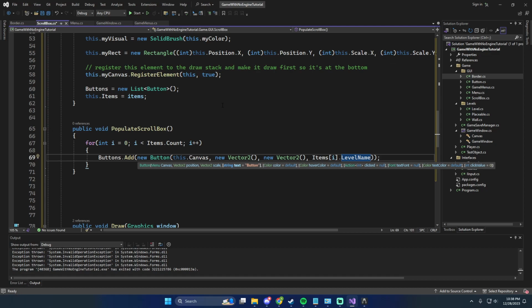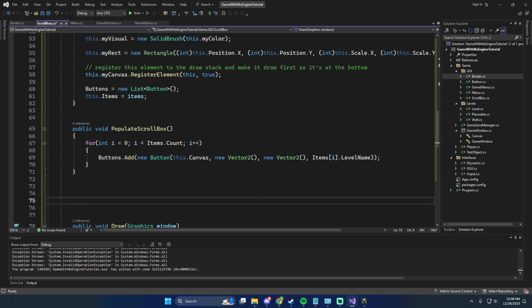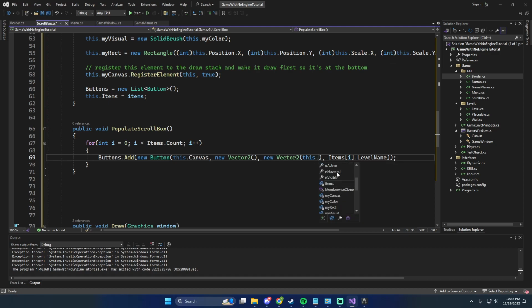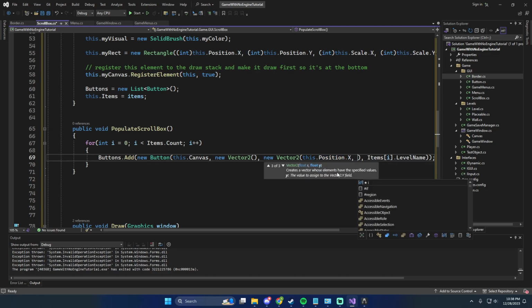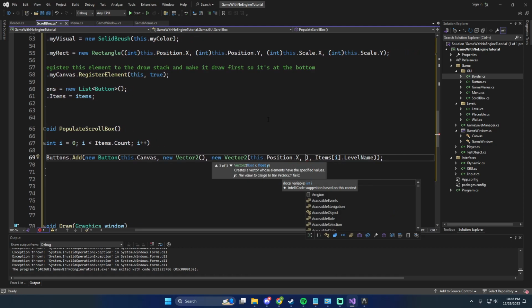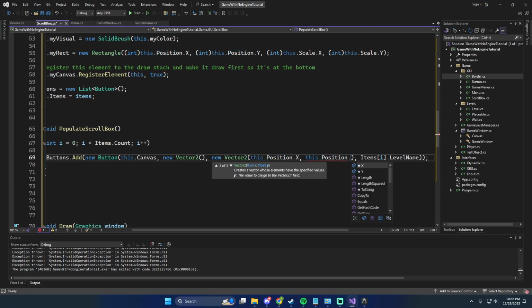And then we want to give it a clicked event, an action, and an action value. We'll do that in a little bit. So let's set up the x and y. So what do we want the x to be? So the left and right. We want the x to equal this dot position dot x. What do we want the y to be? Well, since I'm doing a vertical scroll box, they're going to be like here, then here, then here, then here. So we could say this dot position dot y